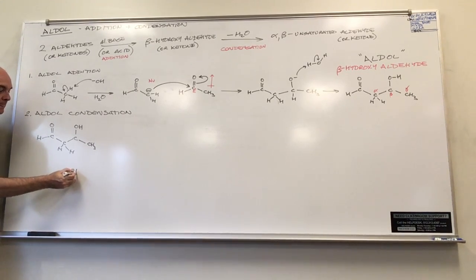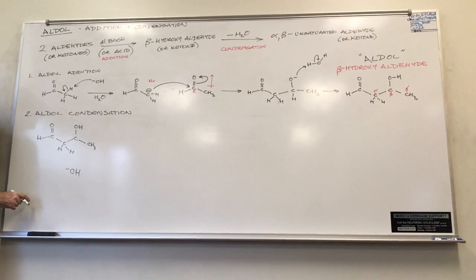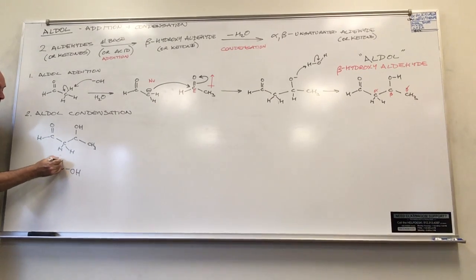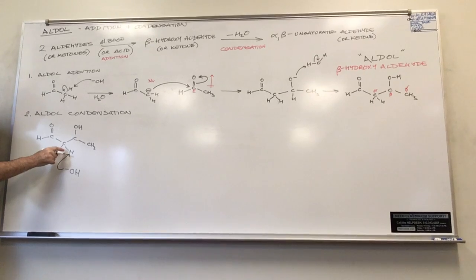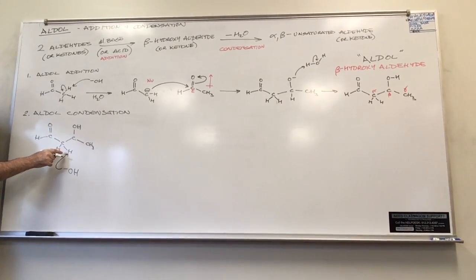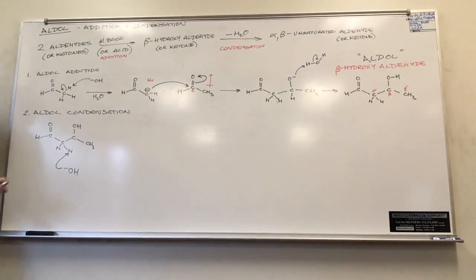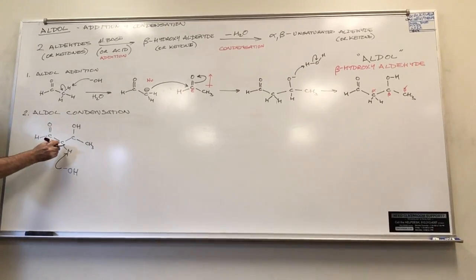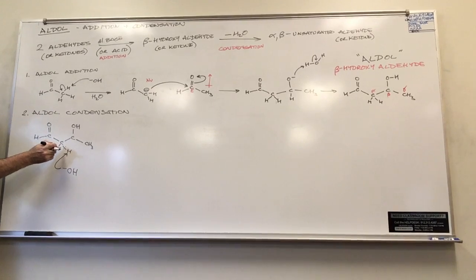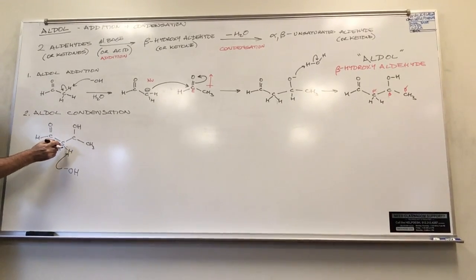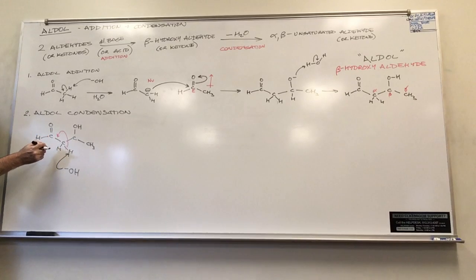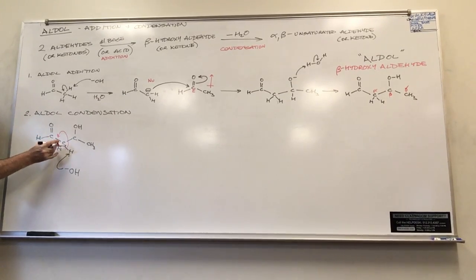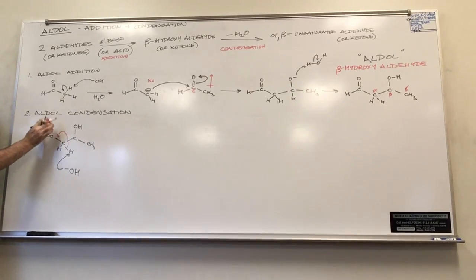You have hydroxide. There's the alpha hydrogen. It's acidic. It's going to be taken. So now I can take the electrons that are in that carbon-hydrogen bond and put them in one of two places. I could put them here. You're pushing more pi density towards something that already has it, okay. Or